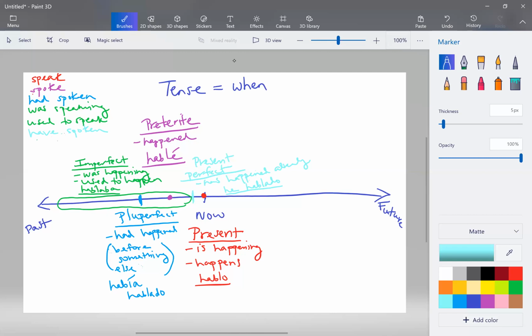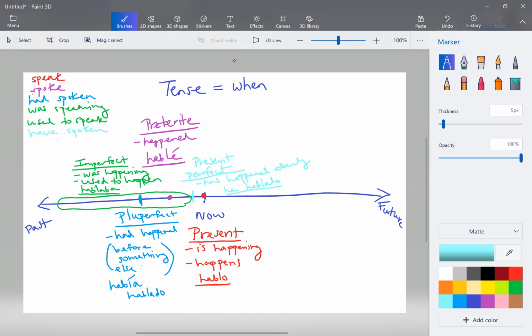Is this helpful, you guys? Yeah. What we're doing right now, going through the tenses and making sure we know when they happened and what they translate to? Yes, okay. All right. So that's 5 so far. There are 9. There are 2 more that are not subjunctive, so we're going to use on the timeline. Can anyone remember?